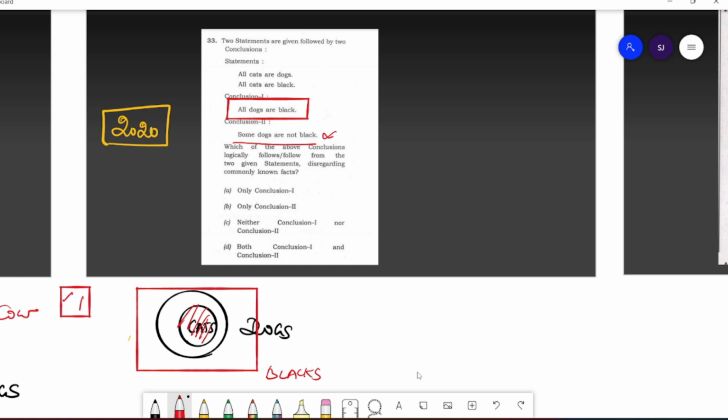So shall we mark conclusion 1? No, now you should not mark, because there are other permutations and combinations that we should apply for the diagram, and only then should we conclude. So for example, look at this point. Like this you draw: all cats are dogs. So look at this point,